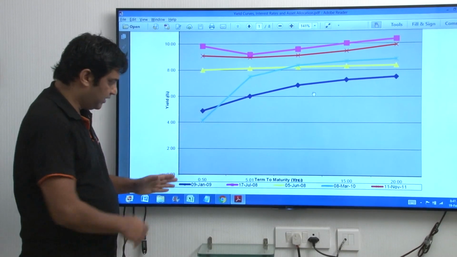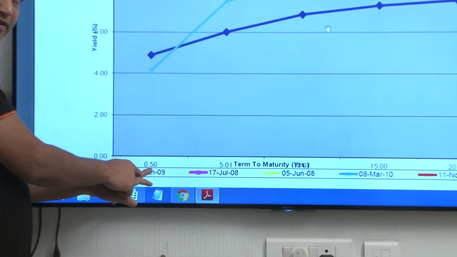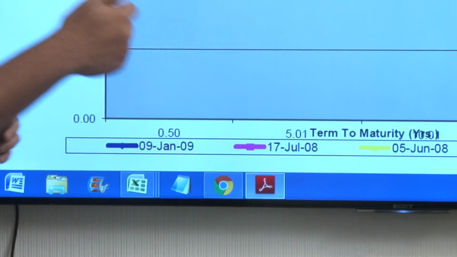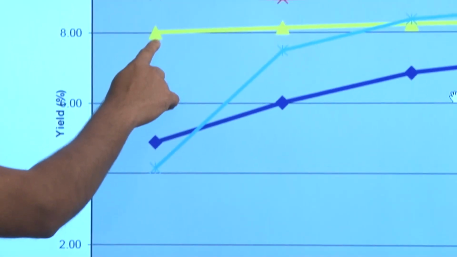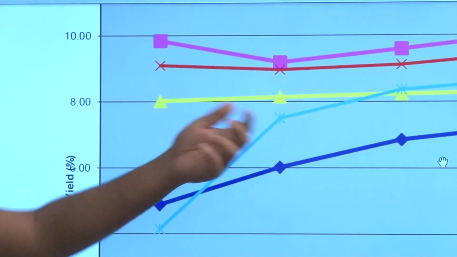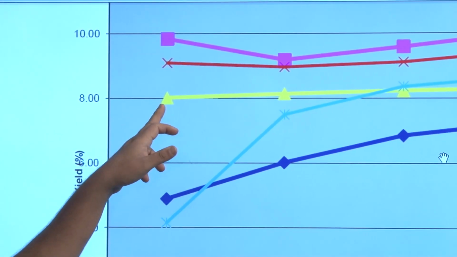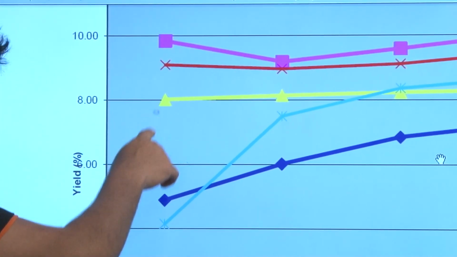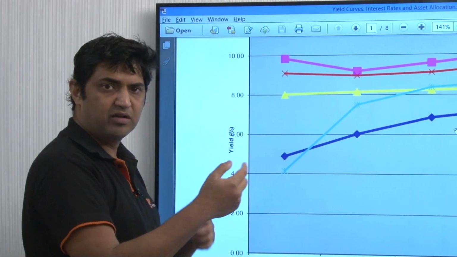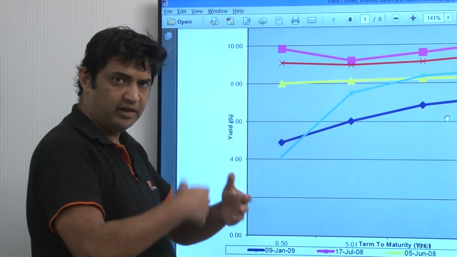What this says is, if you as an investor were to invest in a half year paper, 0.5, then you were comfortable with a yield of 8%. Which means that you, the lender or the investor, and the government, the issuer or the borrower, both of them are comfortable at 8%. You are ready to invest your money at 8%. The government is ready to borrow from you at 8%, because the issuer and the investor both have to agree on a price or a yield, otherwise it won't happen.